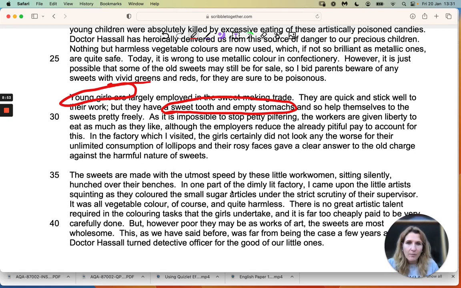Okay, in one part of the dimly lit, so the factories are dimly lit,